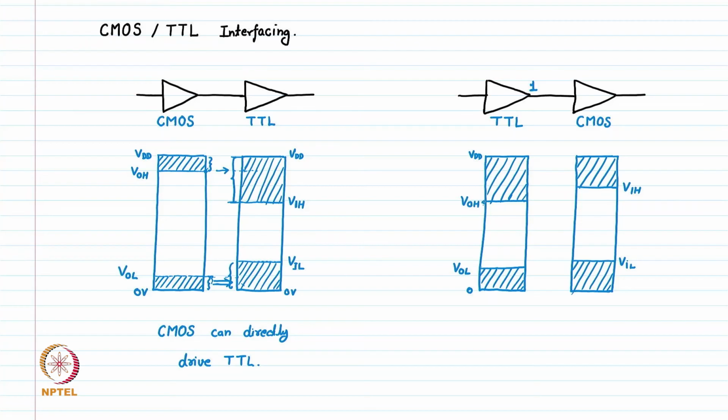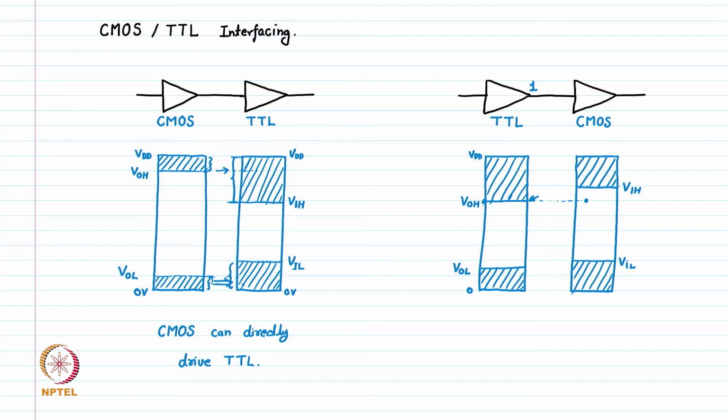In the worst case, logic 1 is nothing but VOH itself. So the TTL is driving a 1 at the level of VOH, which is perfectly fine for a TTL. However, this voltage falls at this point for a CMOS, which is not above VIH,